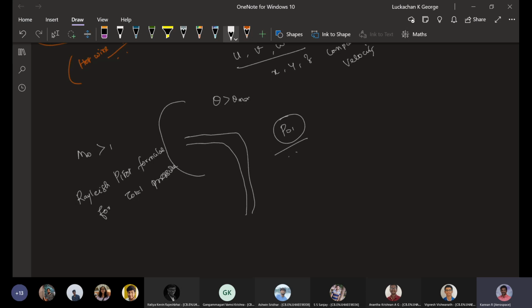Those things, while going for a blowdown tunnel, and how you are going to measure in a blowdown tunnel, we will look at in detail. Right now we don't want to go deep into that. We will discuss more on that. The Rayleigh-Pitot formula will be there. There is a chain rule. How are we developing the chain rule? How are we going to simplify that? Those things we will look at.